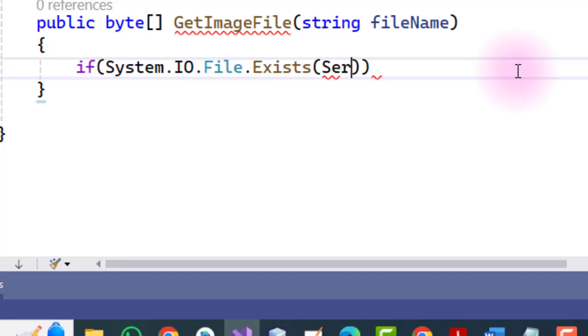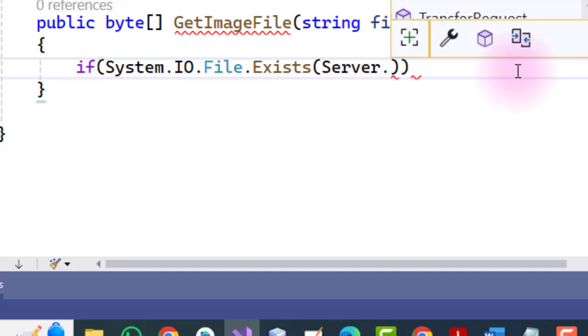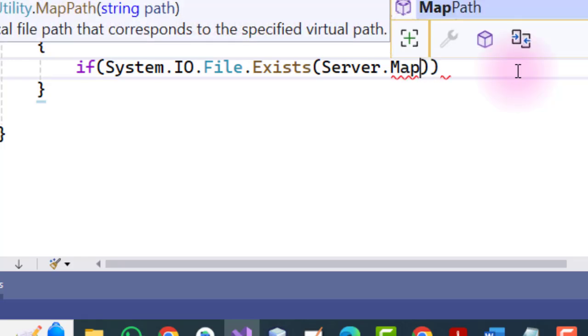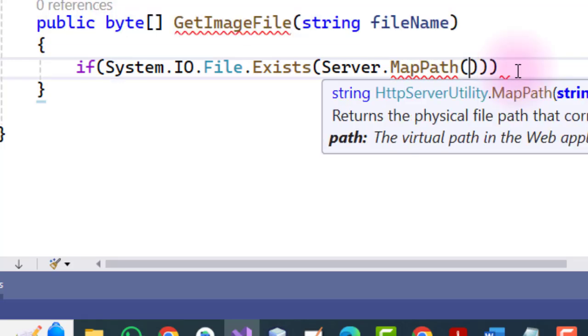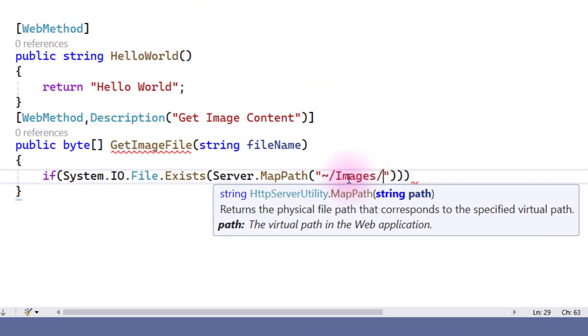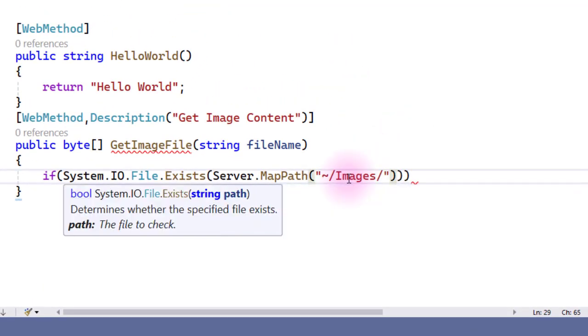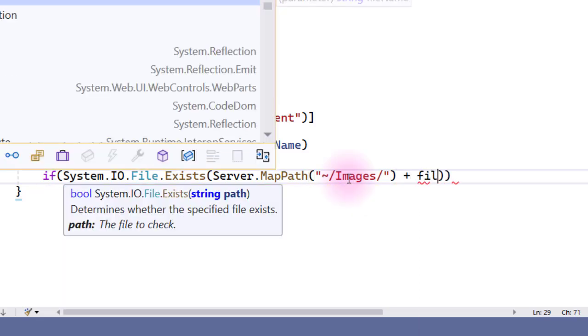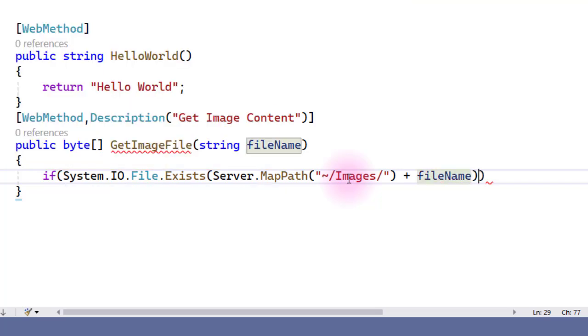So go to the server first, Server.MapPath, and within double quotes we write tilde sign slash, we have an images folder, so we will create this folder images and slash, plus the file name which we want to download.